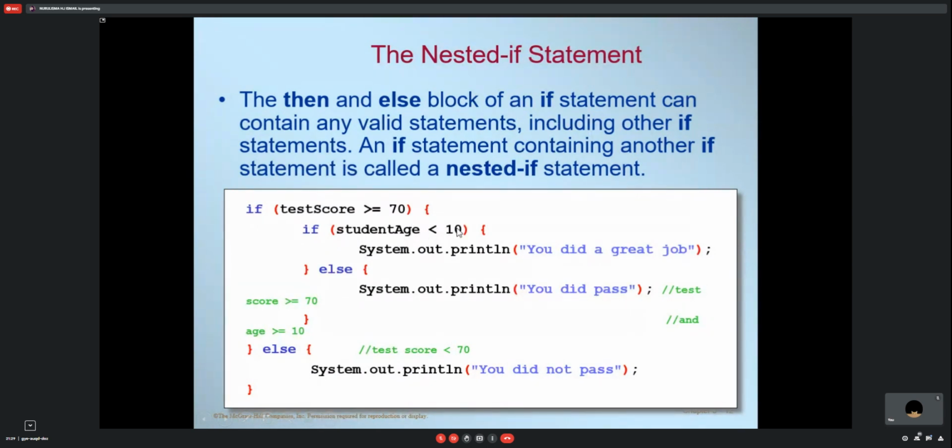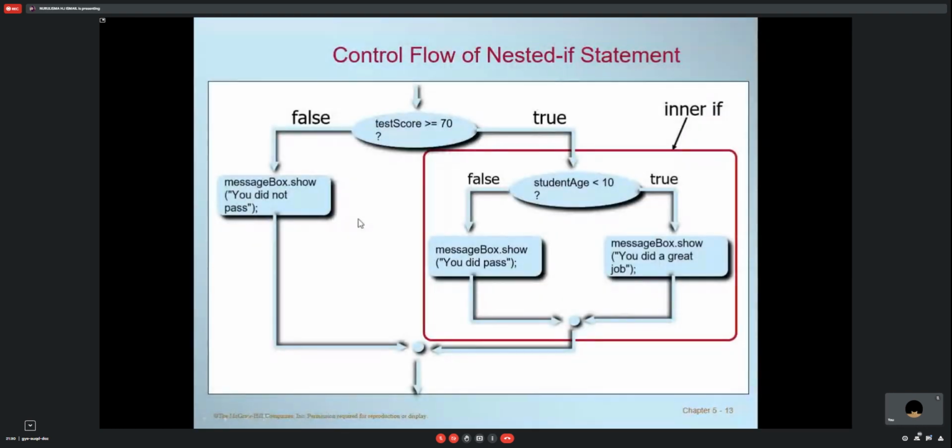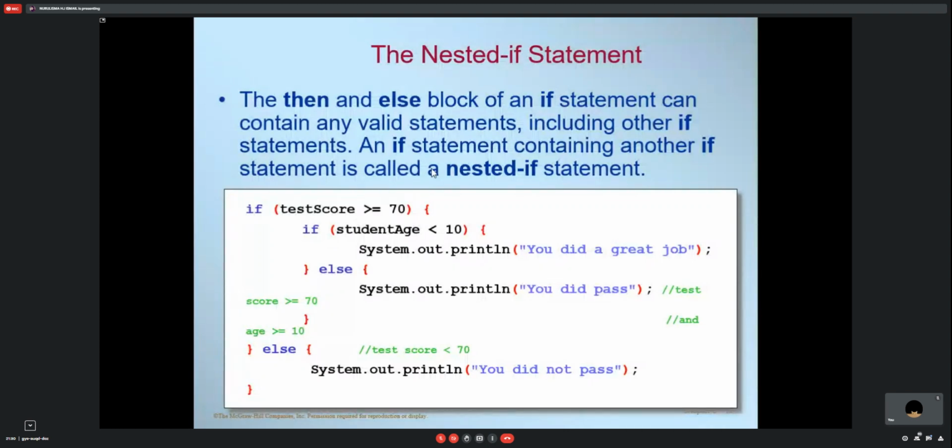If this conditional statement is true, then the first then statement will be executed, printing you did a great job. Else, the second then statement will be executed. When the student age is greater than 10, but the test score is less than 70,